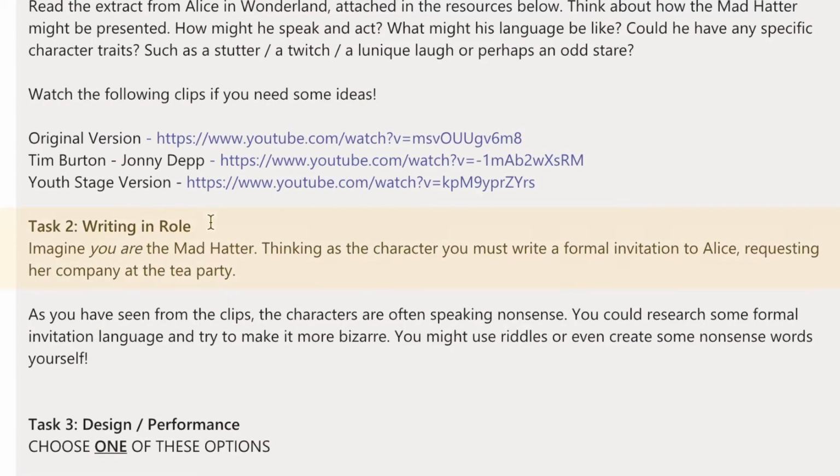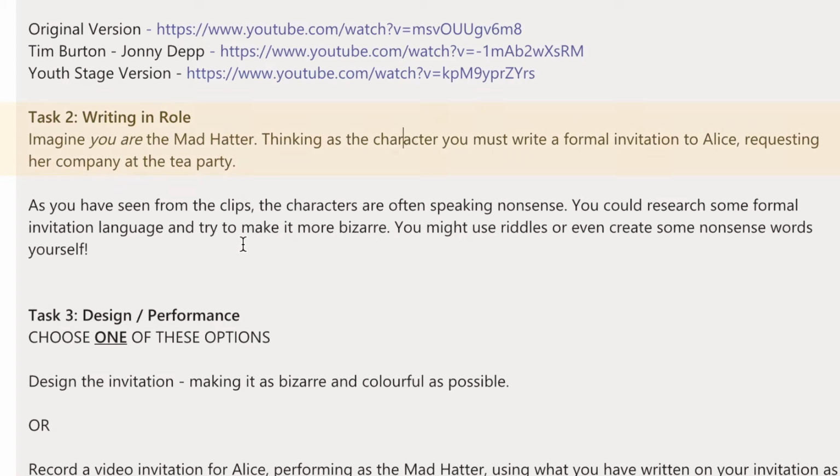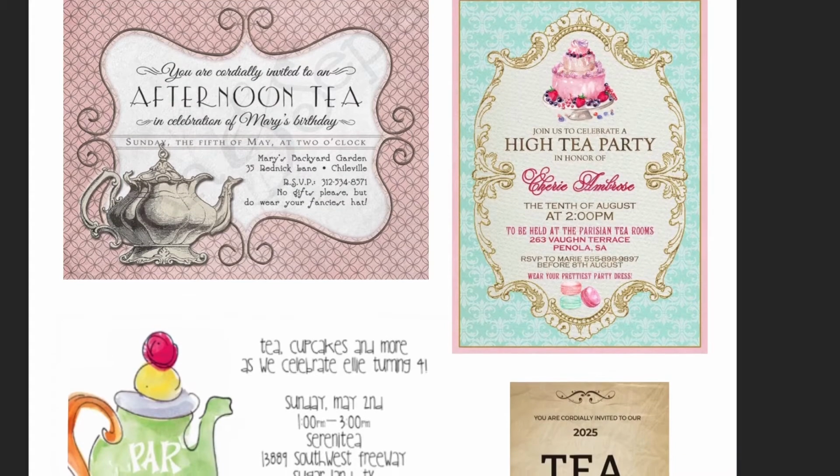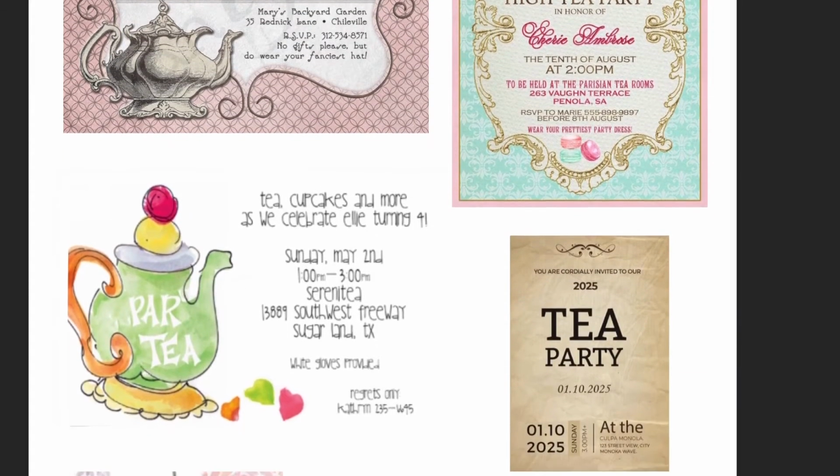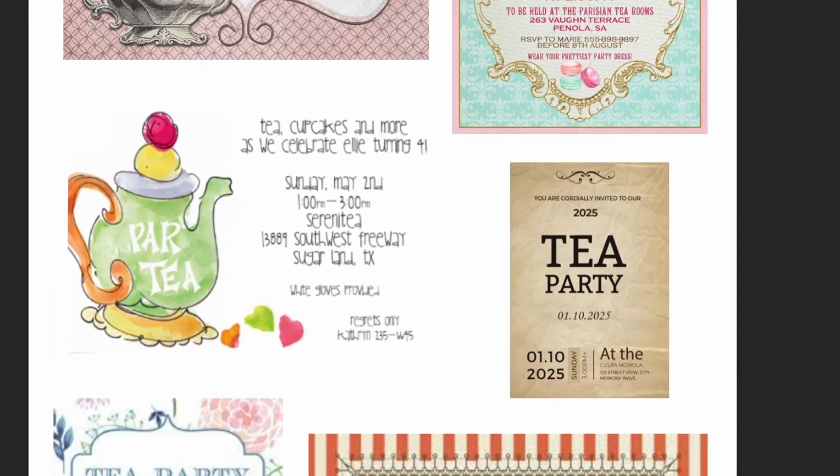So let's move on to task 2, writing in role. Imagine you are the Mad Hatter. Well, I'm going to bring this back out. Okay. Done. Thinking as the character, you must write a formal invitation to Alice requesting her company at the tea party. So at the bottom, you'll see I've put in there some tea party invitation ideas for you. So do have a look through some of those if you want a little bit of a reference,